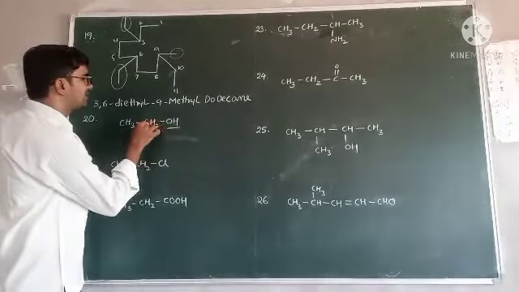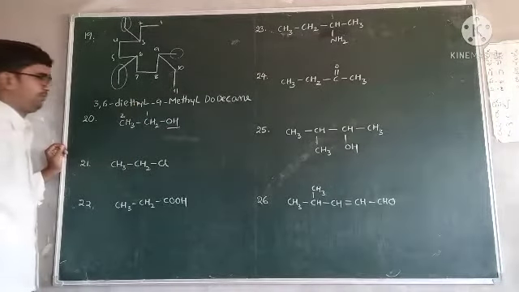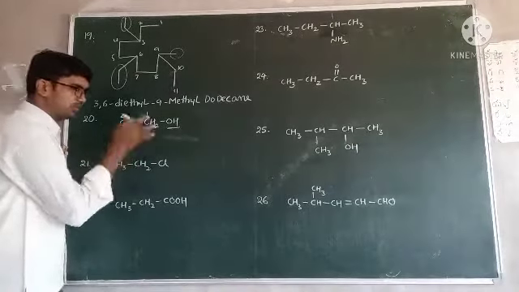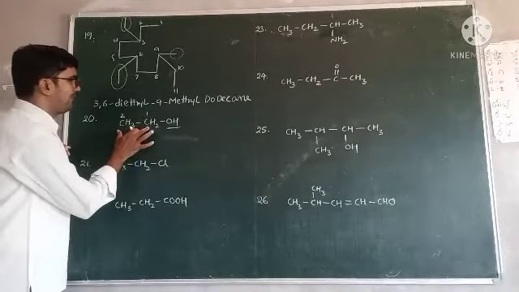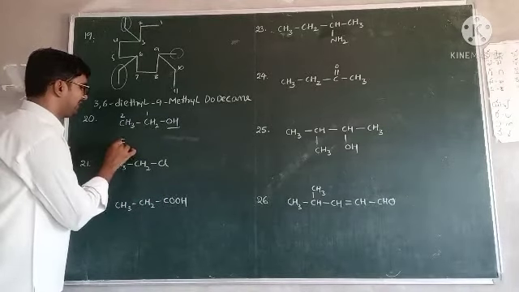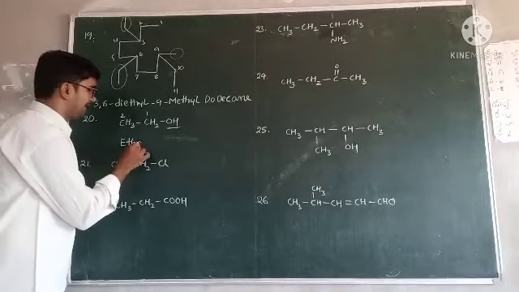This OH is attached to this carbon, so 1, 2. Only 2 carbons are present in this organic compound. Right. There is no substitution. First write the substitution. There are no substitutions. Number of carbons: how many carbons are present? Only 2 carbons are present. So eth. And bond type, only single bonds.